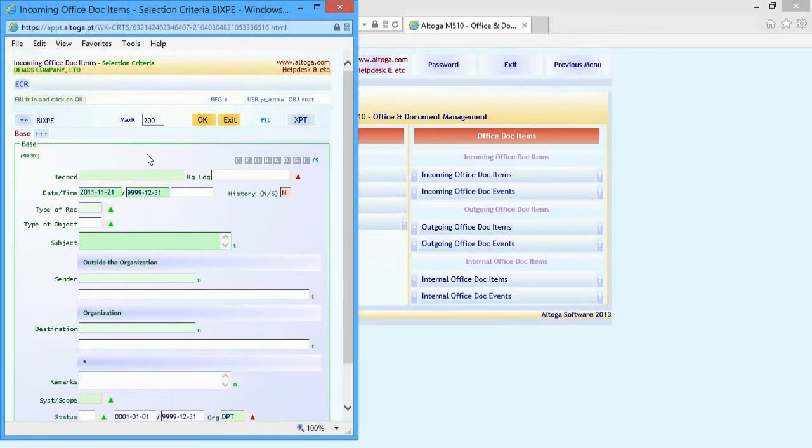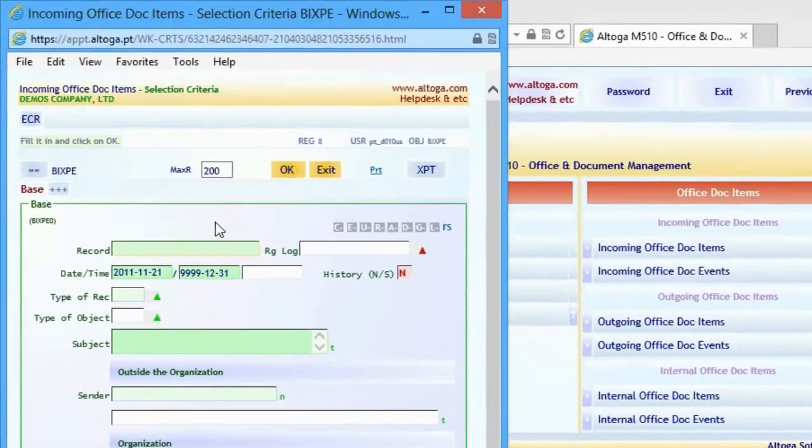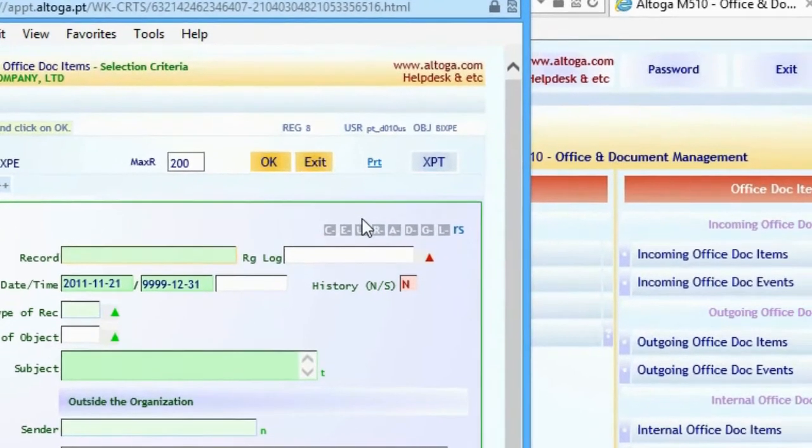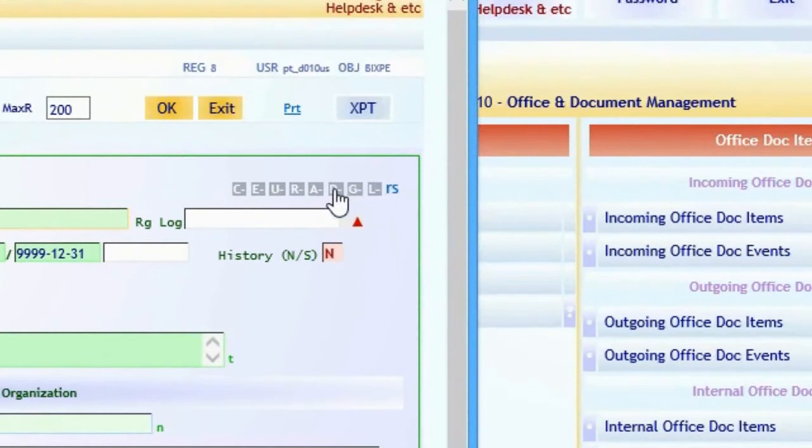An important issue that our interface covers has to do with the fact that our applications are cross-sectional and can be used in many sectors and countries, both in small-sized and large organizations. That's why many of our criteria and edition panels contain these buttons, which in this case are shown in blue. All of them contain help information,